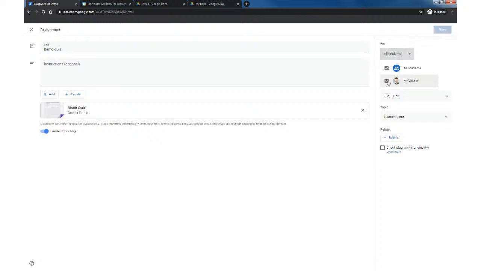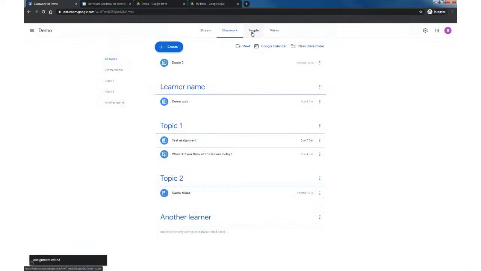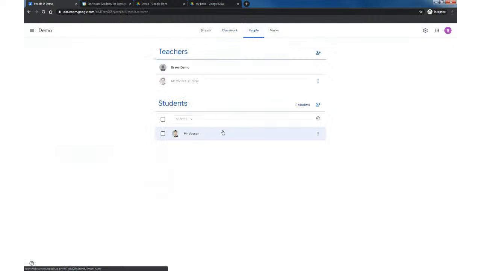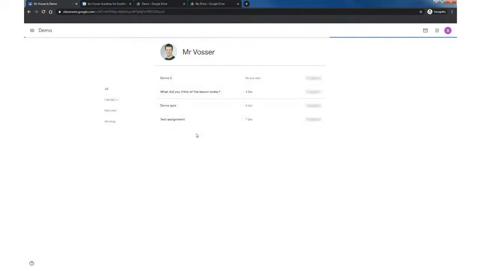And if I just wanted it just assigned to me, I can do that option there. Obviously, there's only one person in the class at the moment, so it's selecting everyone. In the people page, if I click on my name, it takes me into my learner profile, and I can see here I've got 4 pieces of work that have been